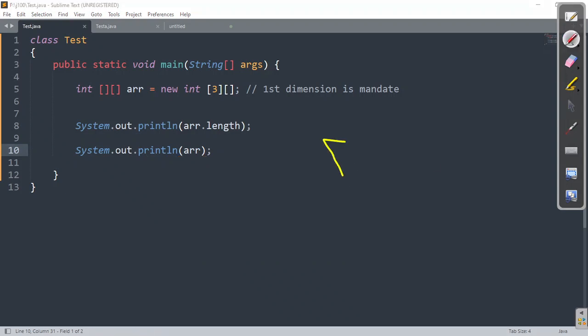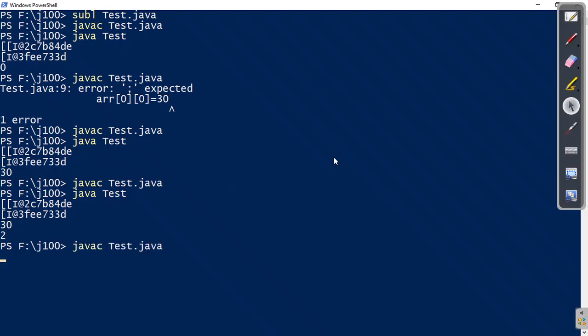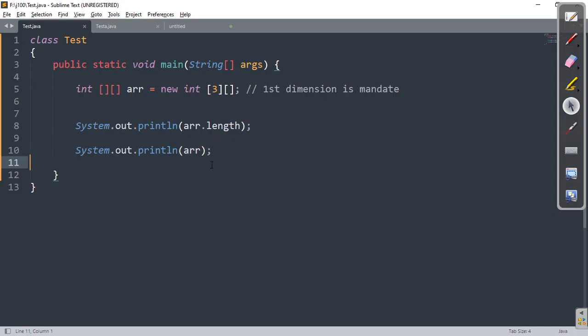Same, like double square bracket, open square bracket, I is for integer, @ some hash code. Clear? What it says? Double dimension integer array. No problem in that. If you cross check, the same story will happen. Let us cross check. The code should compile fine, and if you run that program, yes, the length is 3, and this is as we discussed, right? Okay. Now let's get back.